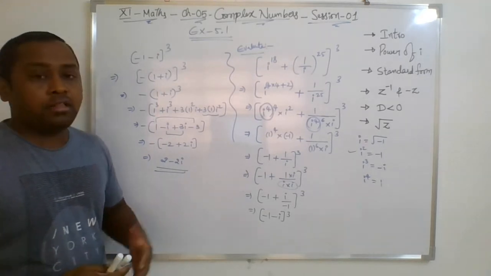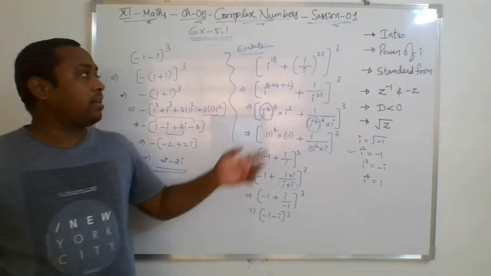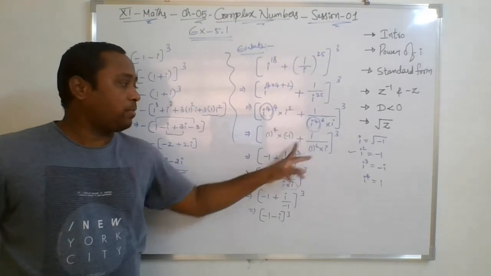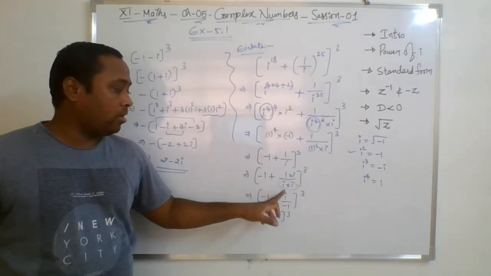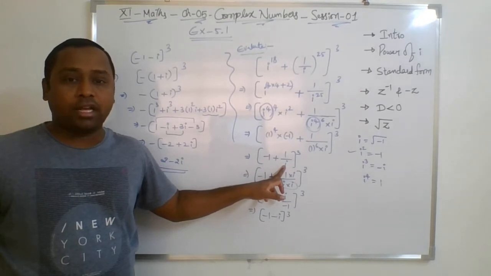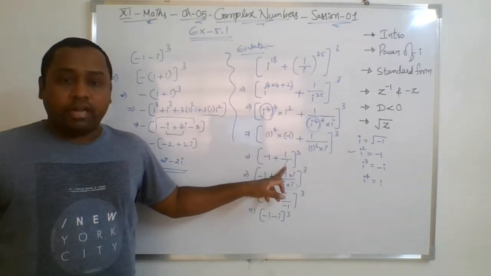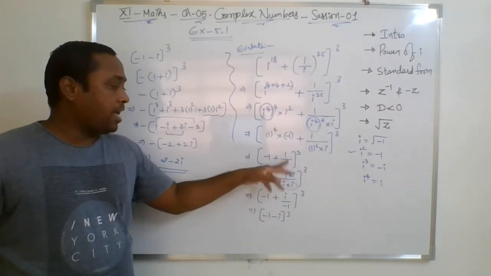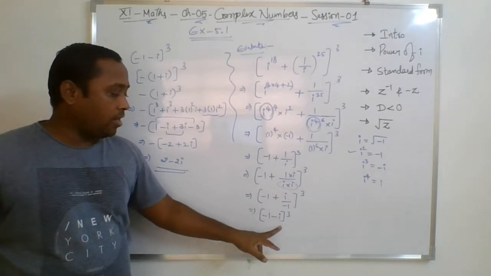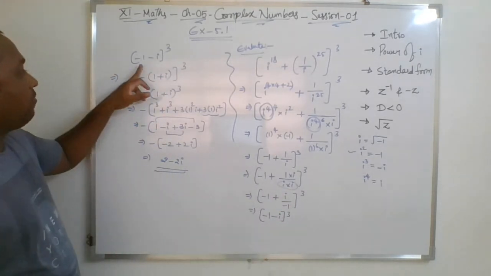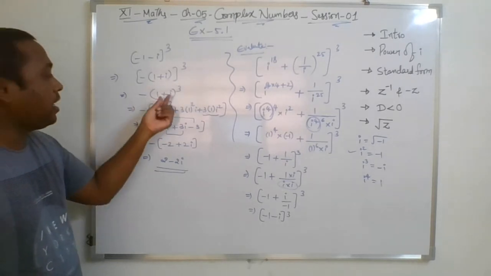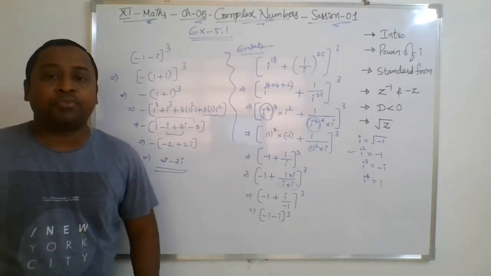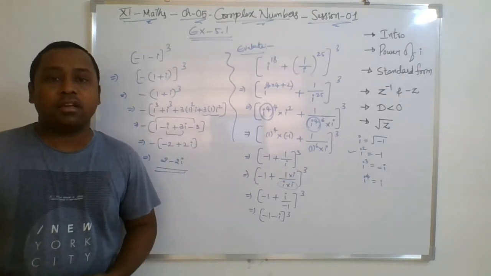So it is only the part of simplification, nothing else. There are two different parts. So I have solved separately first as much as I can, and then there was i left in the denominator. I went for rationalization of denominator with i, so if there is i, rationalize with iota itself. I rationalized with i and then I got one simplified form. It is the form of (a plus b) whole cube. Then I have used the identity to expand it and then I was able to solve it. So this is the power of i concept.